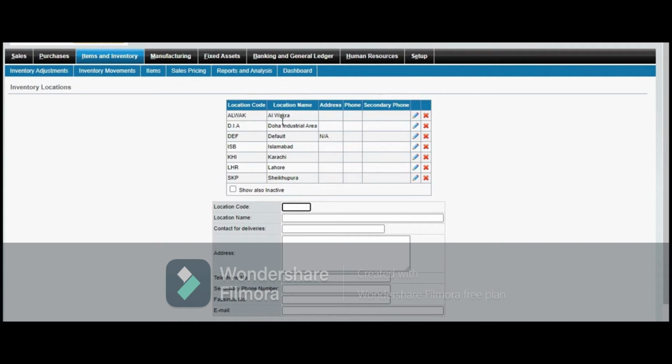When I was moving inventory, as you can see, Doha International Airport, and the defaults are Islamabad, Karachi, Lahore, Sheikhupura. Location code, for example 241, for example 212. Location name,